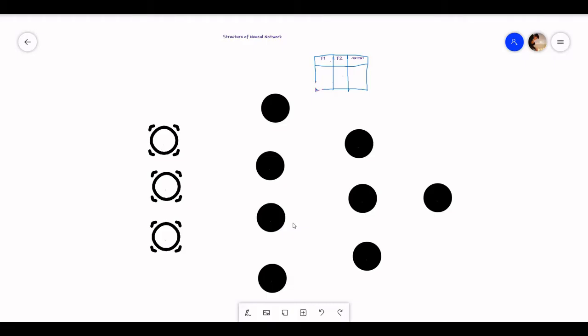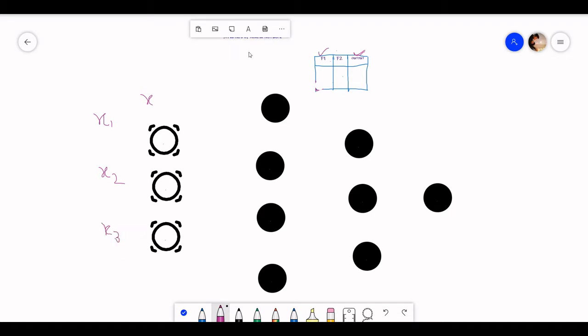In this video, we will talk about the structure of a neural network. We know that in machine learning, in our data, we have features and output. We can have any number of features, but the output will always be one. Suppose in our deep learning neural network, this is feature 1, feature 2, feature 3,